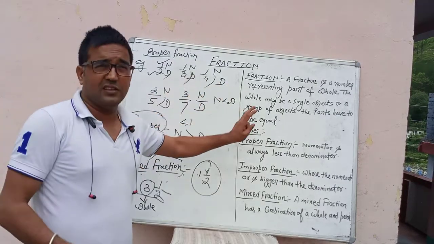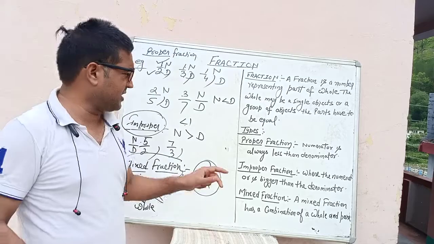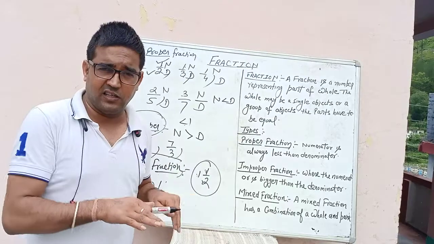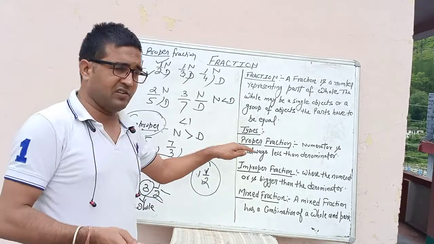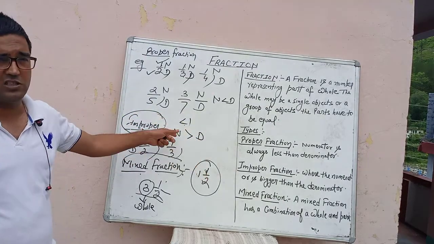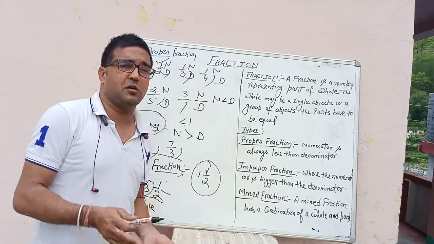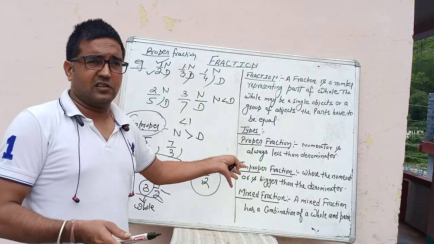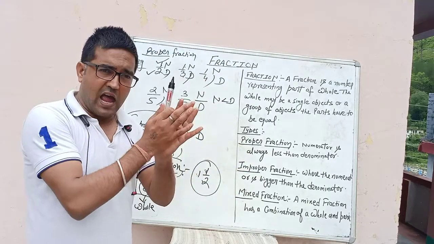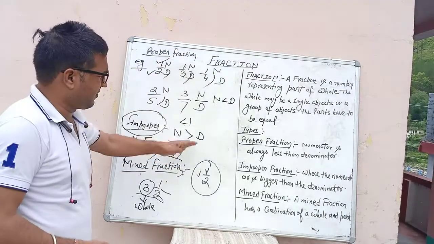Okay guys, the first thing is clear: fraction is a part of a whole. The second thing is the types of fractions. Basically we have three types. The proper fraction, in which the numerator is less than the denominator. Second is the improper fraction, the reverse of that, in which the numerator is greater than the denominator. And third and last is the mixed fraction. As the name suggests, a mixed fraction is a combination of a whole and a fractional part. So these are the examples of the fractions we had.